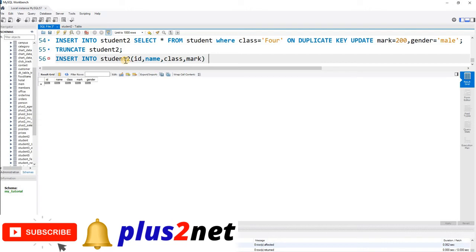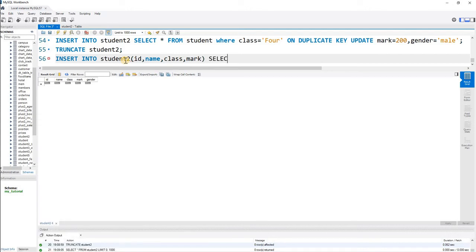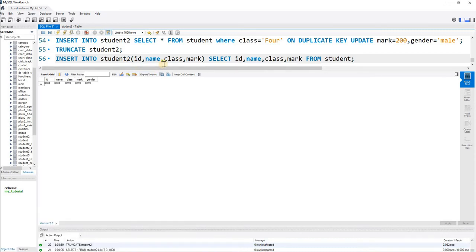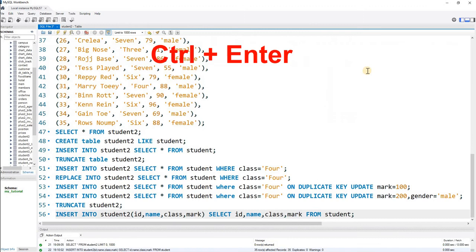Now I am saying again select ID, name, class and mark, and I left the gender from student. So now because one column I have left and I have changed the structure so it will accept null data. So this should push all the data and make the gender column null. Let's see that. So I am pressing Ctrl and enter. Fine, 35 rows affected, so there is no problem.